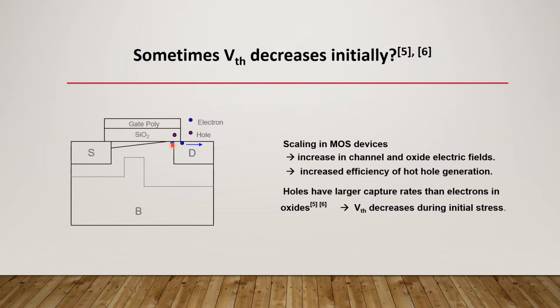For halo type devices, simply because you have the abundance of holes. And this is a very interesting phenomenon that is important for analog devices. Why? Because this whole implant, the halo implant, is typically done for analog types of devices, not for digital ones. And that's why this initial decrease of VTH and improvement in the threshold voltage is a very interesting phenomenon in HCI theory.